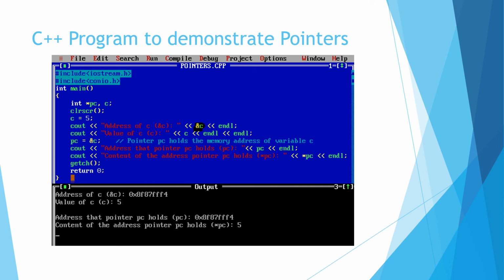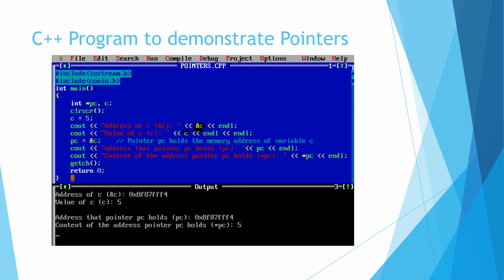You can see over here some memory location FFF4 appears. And if I want to obtain the value of variable c, I can simply write c, print c. Right. Now if I want to point this pointer pc to the memory location of variable c, I write pc is equal to ampersand of c, where ampersand is the address operator.